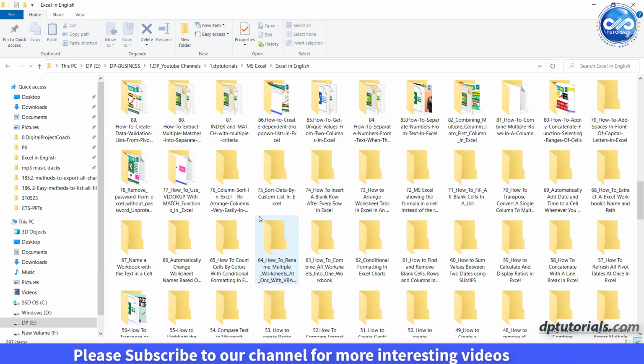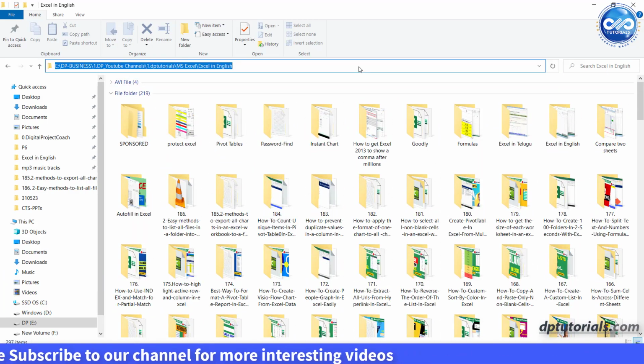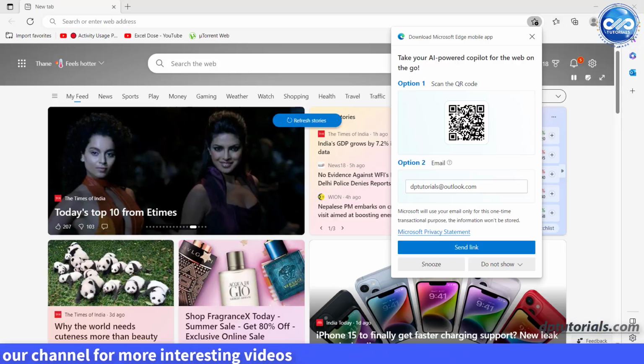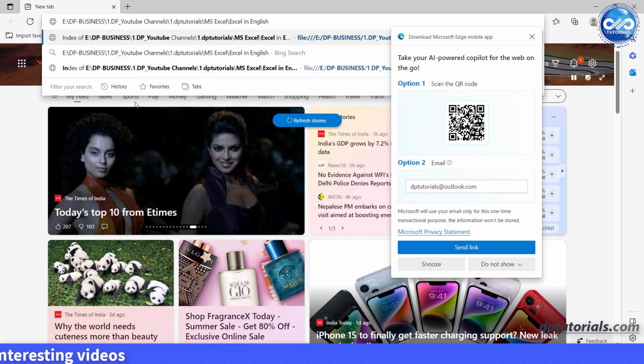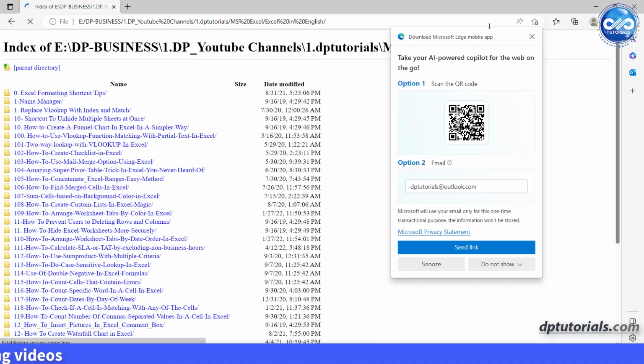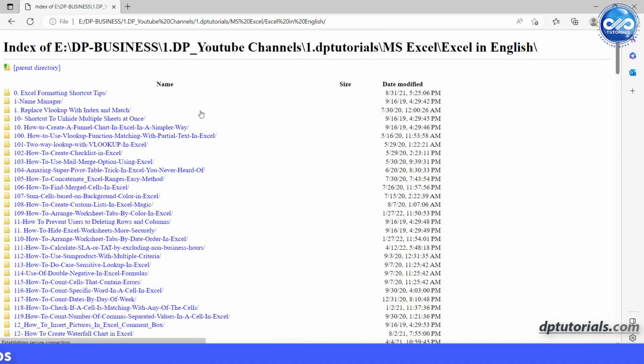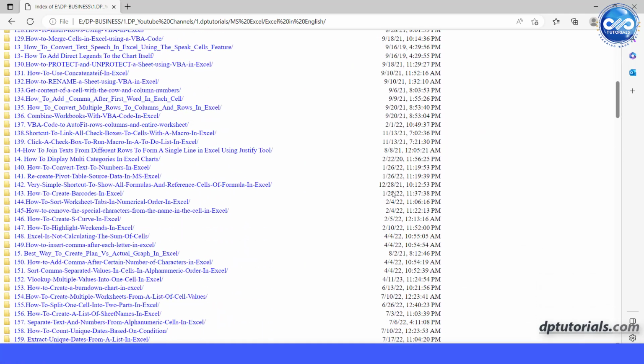This is my folder for example. Copy the folder path. Then launch any browser as per your wish. Paste the copied folder path into the address bar of the browser. Once you press enter, you will be seeing the complete files list like this along with the properties like modified